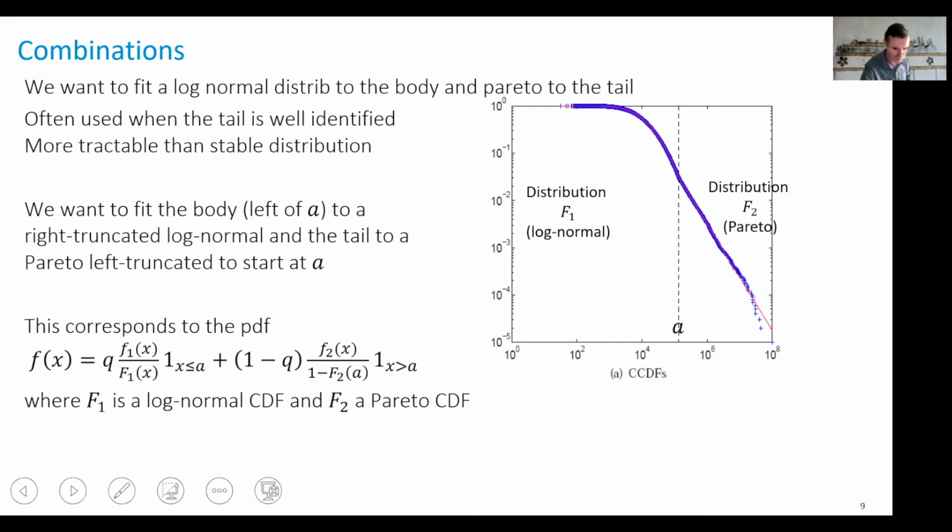Let me fix it. Here we are. So that's a rescaling factor. The PDF is f1. And if we restrict it to be between 0 and A, of course, the integral will give F1(A). So I divide by this to obtain a PDF. Similarly, here I have a PDF for the region above A. So I have to rescale by 1 minus F2(A). And then I weight the two with some weights Q and 1 minus Q here.